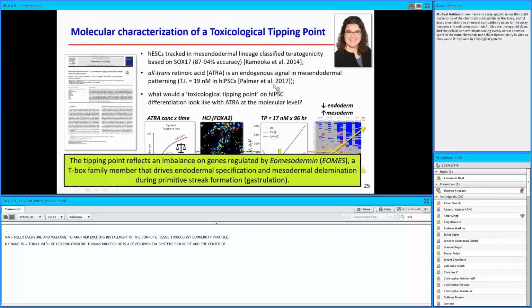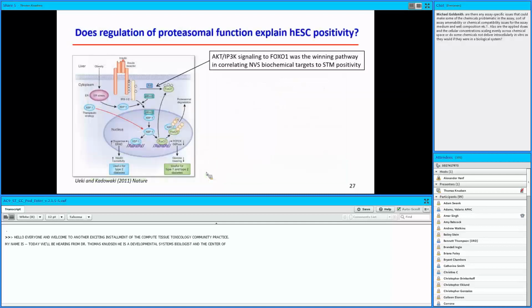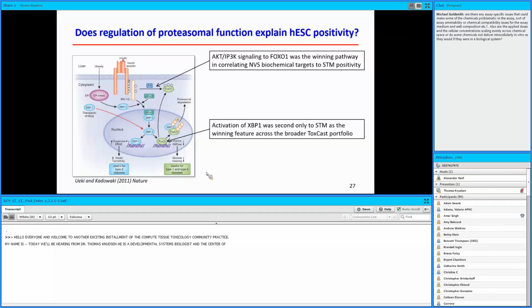But the bottom line was that the tipping point that was identified using an RNA-seq approach reflects an imbalance in genes regulated by EOMES, the eomesodermin gene, which is a T-box family member that drives endoderm specification and mesodermal delamination during gastrulation. It's also very important in driving memory T-cell differentiation. And as it turns out, EOMES is another connection to the FOXO pathway. At least that's been shown in memory T cells. So again, we have another connection to the hypothesis that potentially proteasomal function can explain positivity in this stem cell